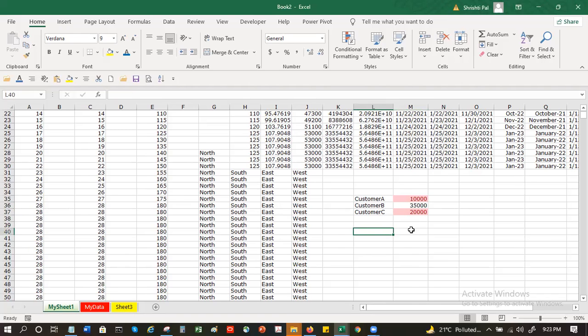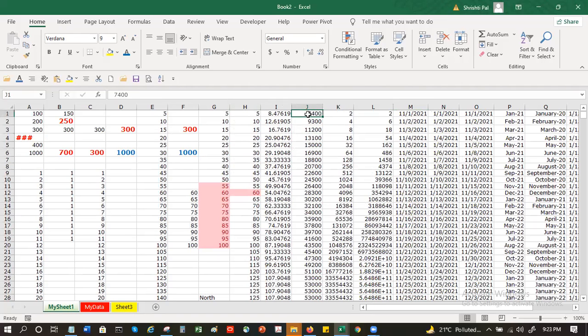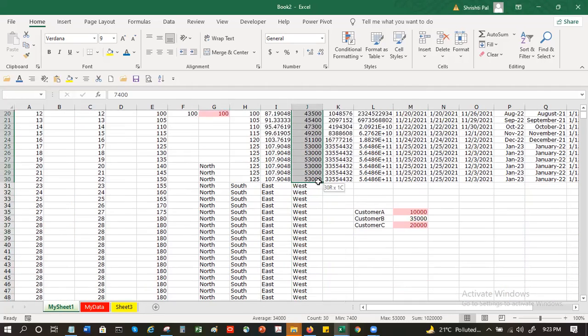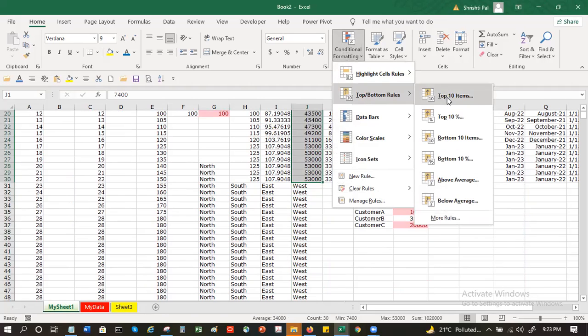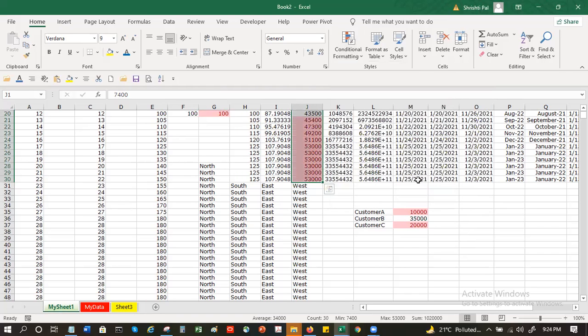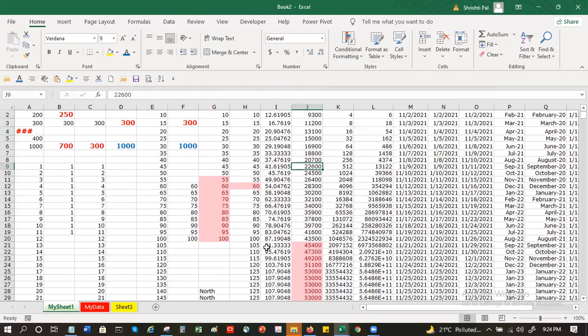So same way, if I have large numbers like this, which are at random, I can just go and say top 10 items or top 10%. The difference is if I have 200 items, 10% is 20, whereas 10 items means the number of items is 10. So I will say top 10 items. It will highlight the top 10. Now out of this, suppose I